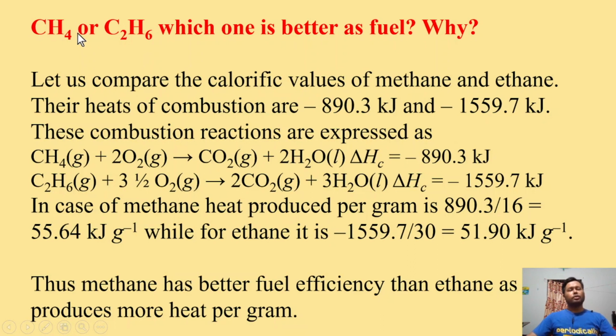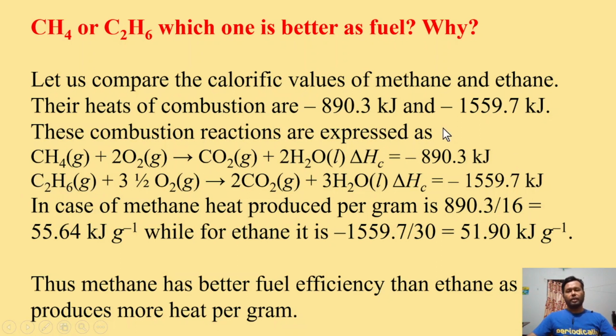30. So let us see how much energy is released when 1 mole of methane and 1 mole of ethane is burned in sufficient oxygen. Here you can see when 1 mole of methane is burned, it gives around 890.3 kilojoule, and when 1 mole of ethane is burned, it gives around 1559.7 kilojoule. But you may get the impression that